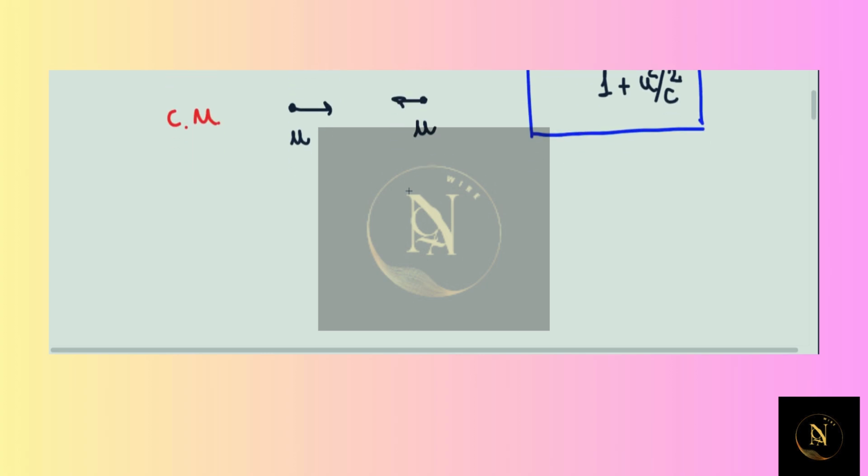So in the center of mass, everything is a lot easier because the initial energy is 2 times the kinetic energy of each proton, plus the rest energy of the protons, that's 2 mp c squared, and that is equal to, and we want to know what is the minimum kinetic energy,